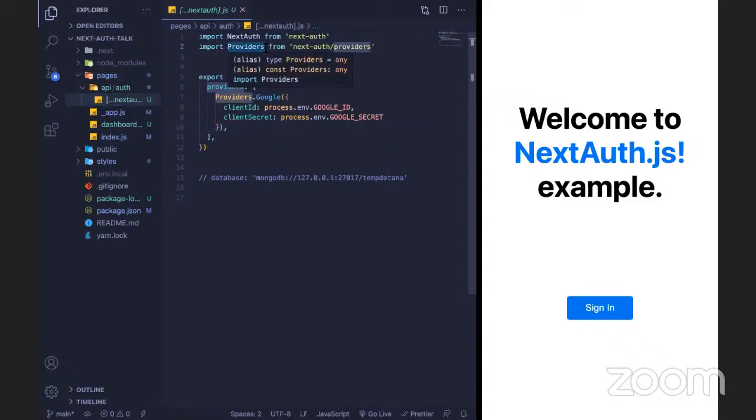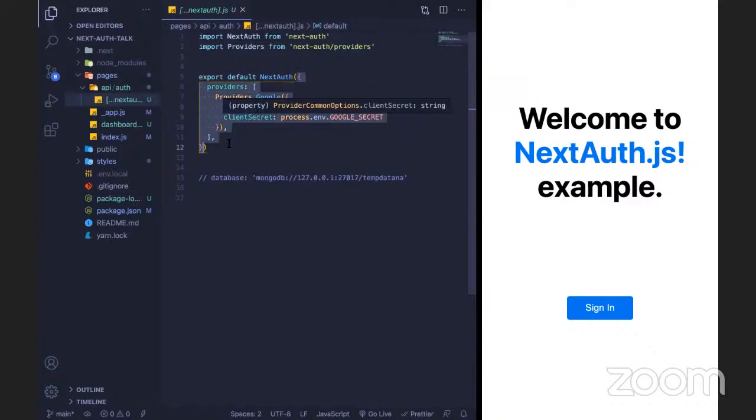Providers are basically the different providers supported by NextAuth, which can be Google, GitHub, GitLab, and there are any number of OAuth providers. You export default the imported NextAuth function, and in that function, we'll pass an object. This object is basically the configuration which we want in our application.